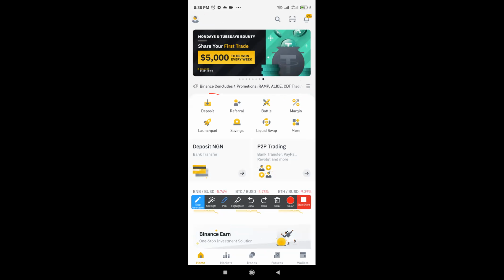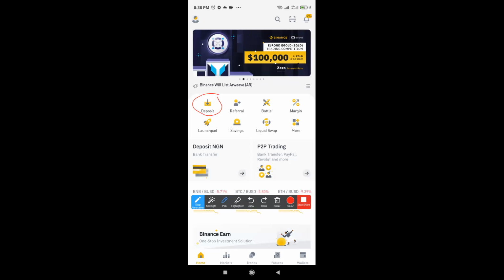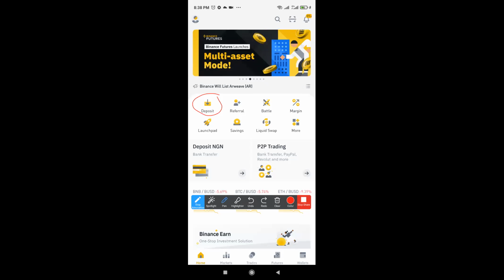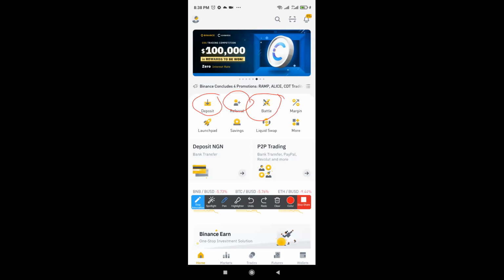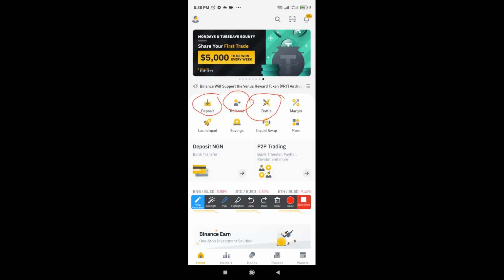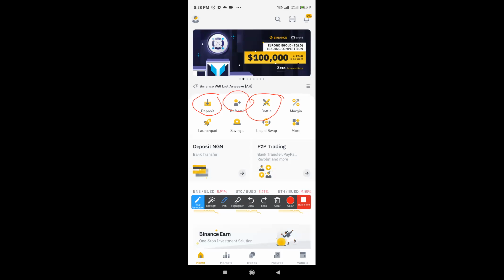Also, deposits. Deposit doesn't work for us anymore. If you want to fund your wallet, it's through P2P. Before, I could click on that deposit and deposit money into my wallet, but it doesn't work anymore because our cards are no longer working. Referral is another way to get your referral link. Battle: Binance allows you to enter into a competition with other traders, so you can put in some money and both of you try to predict whether a market will go up or down. If you want to do that, that's battle.